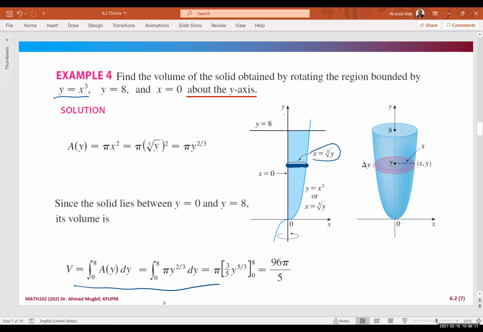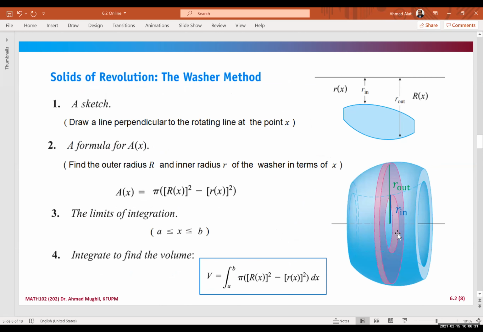It is given in terms of y, you need to write it in terms of x, and this will be x right minus x left. This will give you, of course, r. Square it, multiply by pi, and you are done. Just integrate. Clearly here y is running from 0 to 8. If you have any question, Shabab, you can just stop me anytime, because I'm just revising what we have done